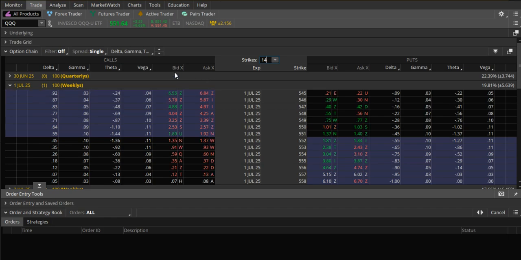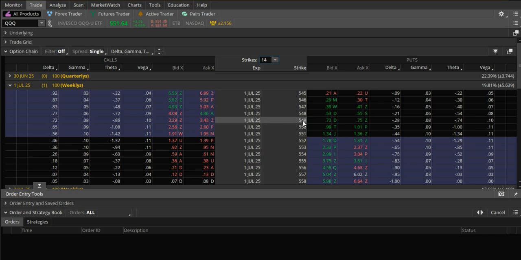So underneath the bid category, these are the bidding prices. These are the asking prices. Asking prices for what? For the option contracts that expire when? July 1st. And then what did I talk about? The strike price. This is your target price. So if QQQ is currently trading at 551.64 and you have a reason to think it's going to go higher,